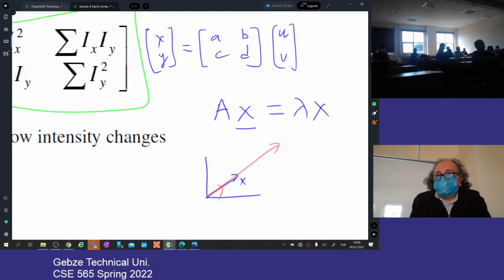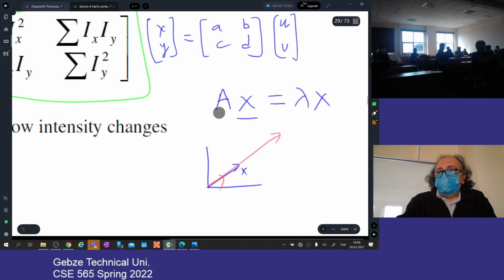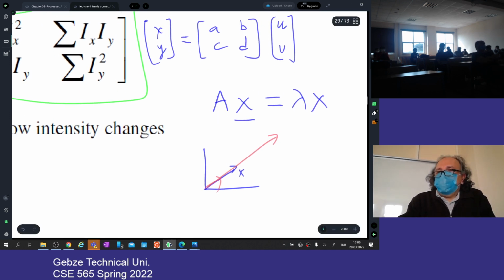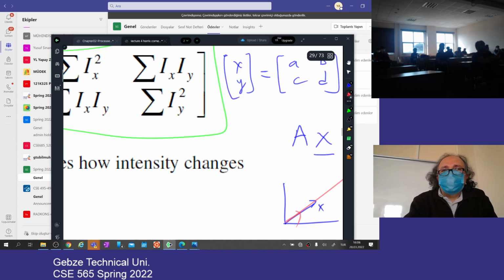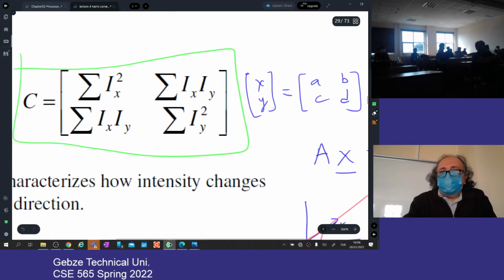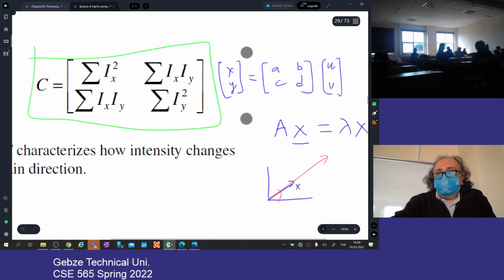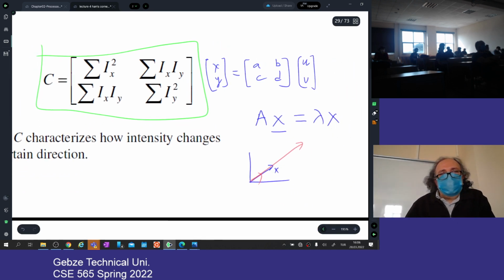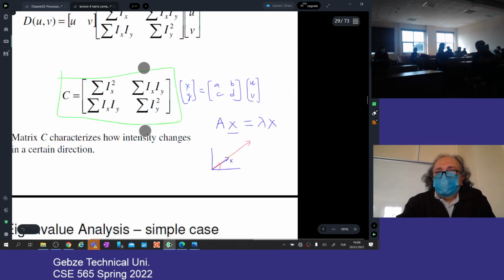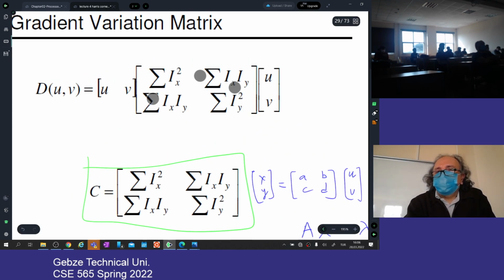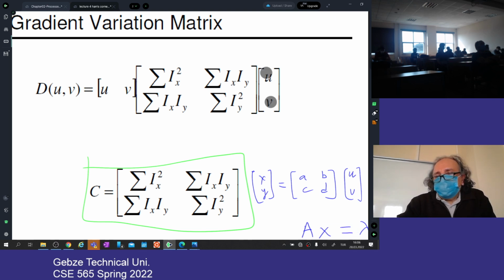The eigenvalue problem is looking for this: if you have a square matrix like this, a 2 by 2 matrix, and you can find a vector that is special for this matrix, such special vectors that make this equation true, then those are your eigenvectors. Let's look at this problem. We have a 2 by 2 matrix, and if I can find those kinds of special directions, those are special to me, and those will give me the